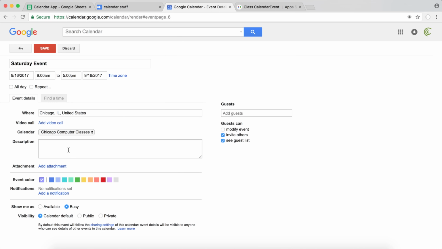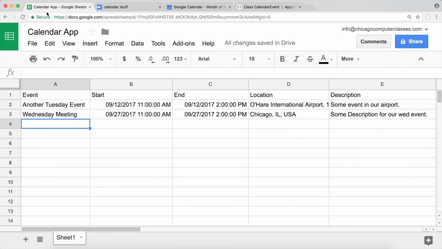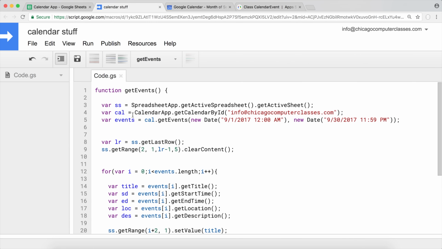Just type something and some description goes here. Doesn't matter. So go ahead and save this, right? So now I should have 3 events and that other one should be gone. So right now I shouldn't have that another Tuesday event. That should disappear. So I'll go ahead and